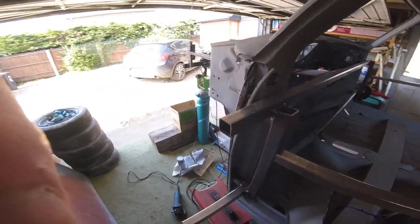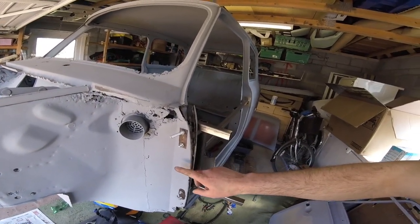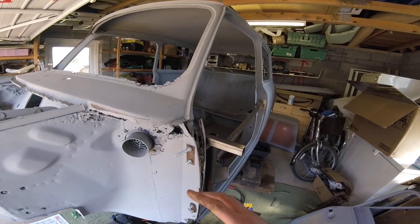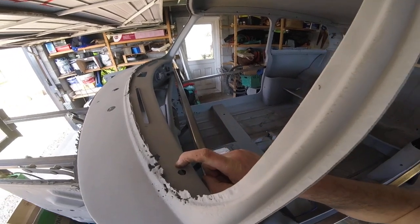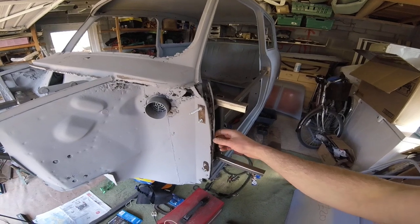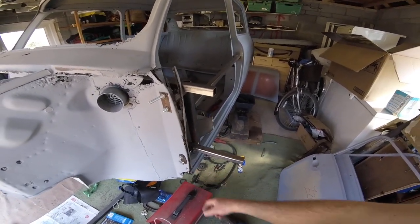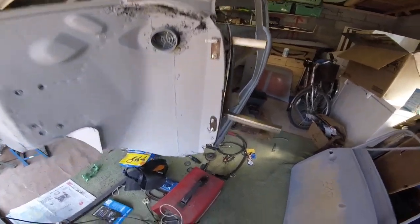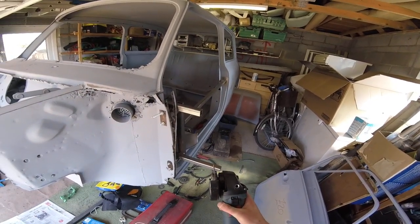But I'm not taking the inner wing off today. Won't be taking all of this off, so I need to leave that in place for strength until we've replaced some other parts, namely probably the dashboard rail. But anyway, you can see this is now hopefully just pull away all the way down. So I better carry on cutting away the other side. Obviously we're just using the angle grinder with the cutting disc